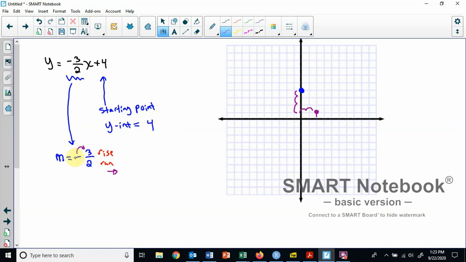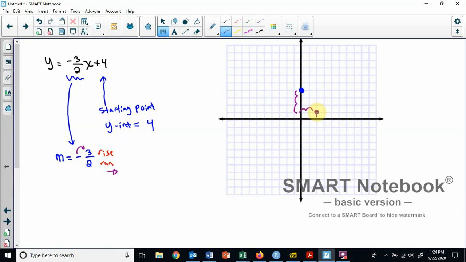That's because it's a negative fraction, so I'm going to go down, and I'm always going to just run to the right. Now, we require you to have 3 points on your graph, so we're actually going to do this again, but if I do this again from here, down 3 and over 2, I'm just going to end up at the same point. So what I do now is I start from my second point, and I do that